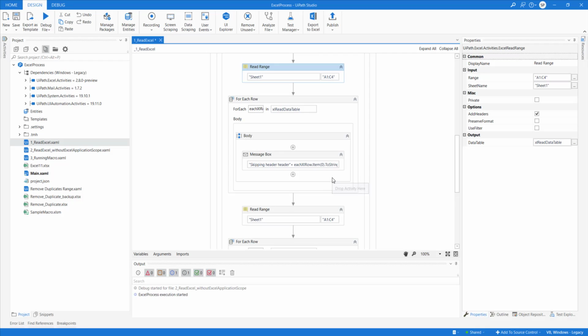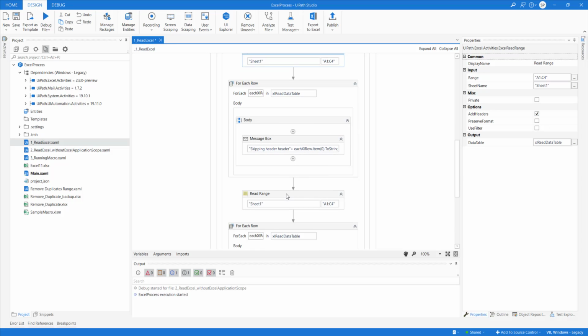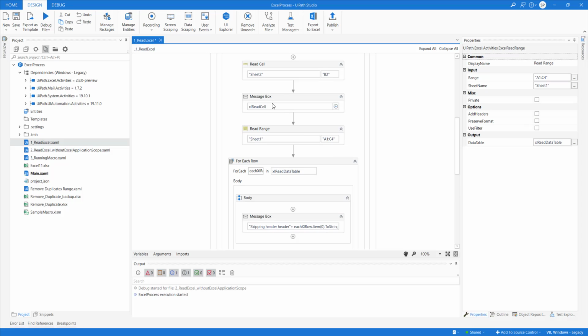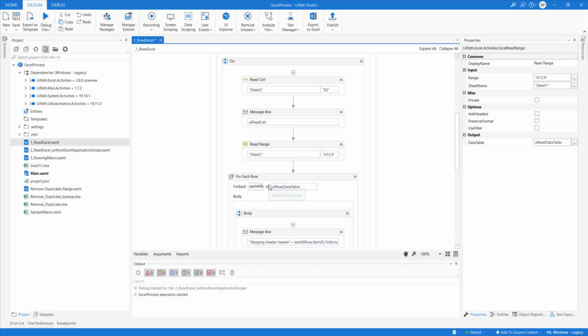Okay. So here, in the read range, I have selected the add headers checkbox as checked. And in this read range, I have not selected the add headers checkbox. So when I read the data here, it will read the data and mark the first row as title or columns, right?